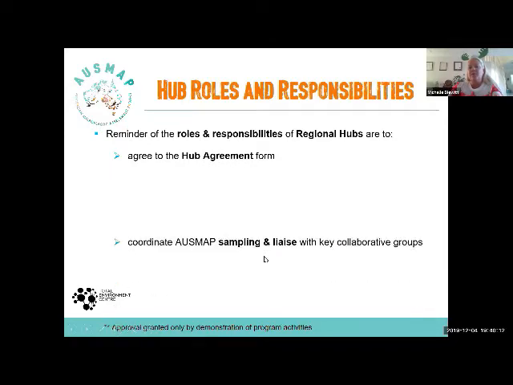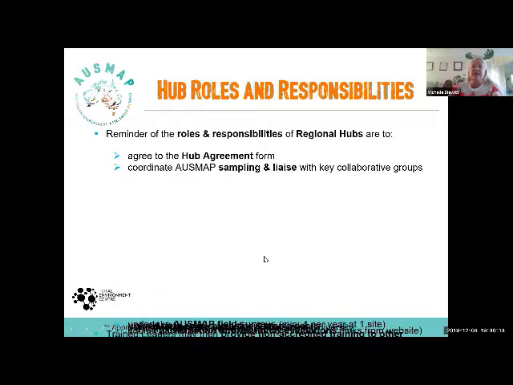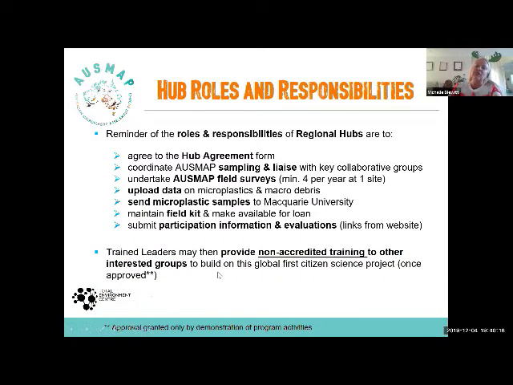So just one thing that we'll pause on and go over again is when we assigned the roles and responsibilities for the different hubs. We're just going to revisit that. We've developed a hub agreement form, and most of you have been very kind enough to sign that and send that back to Kylie.